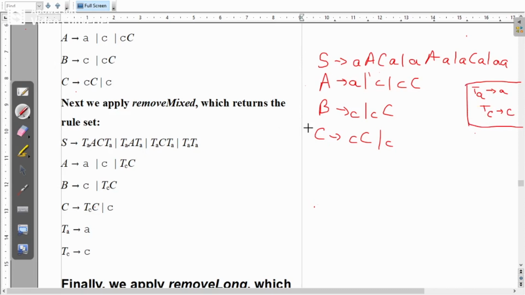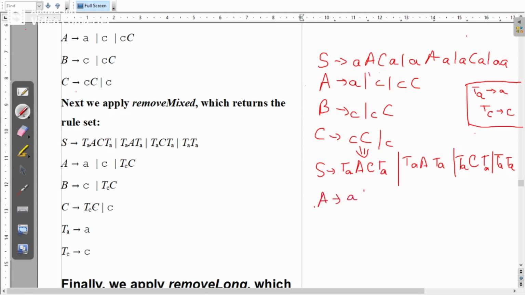Now let me change this grammar. S will give you now TA, A, C, TA, because A will be represented later by TA. So wherever there is A in the mixed form, I am going to change it. TA, A, TA. Okay. Next, ACA will be written as TA, C, TA. Then AA will be written as TA and TA. Next comes A gives A, that is not required. The length is not greater than 1 here in the production.